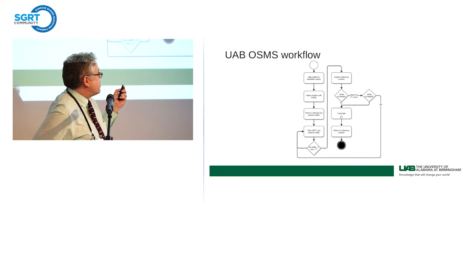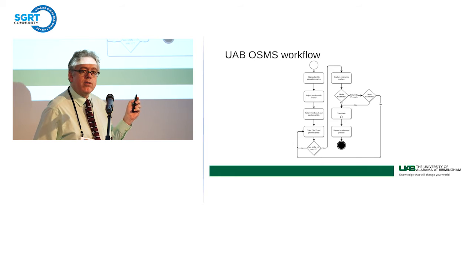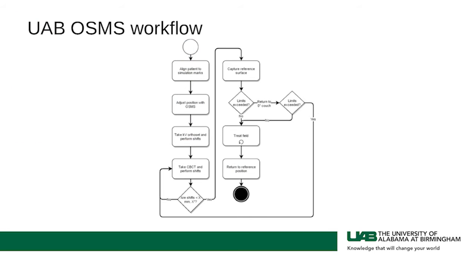If OSMS reports an offset larger than our tolerance, we bring the patient back, the table angle back to 0, and look at OSMS again. And the reason is because we notice that